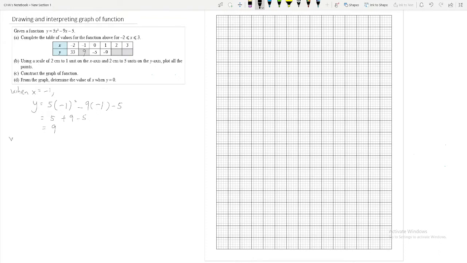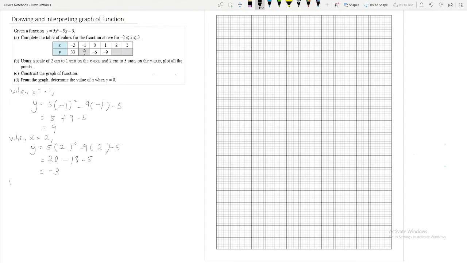Second, when x equals 2, y will be equal to 5x squared minus 9x minus 5. So everything with x we substitute with 2. And let's calculate 2 times 2. 2 squared is 4. 5 times 4, 20 minus 18 minus 5 will be equal to